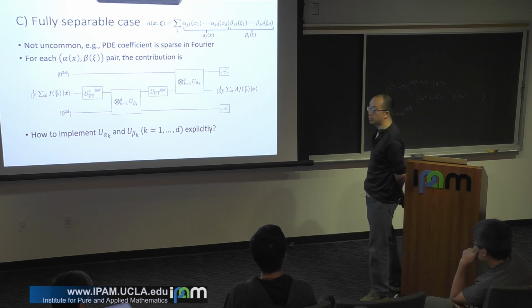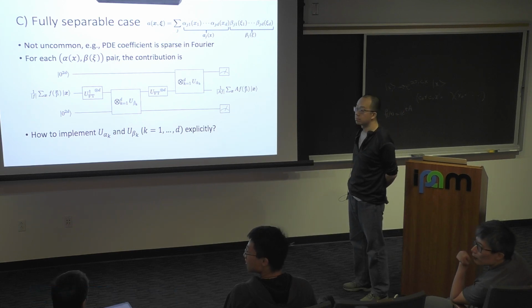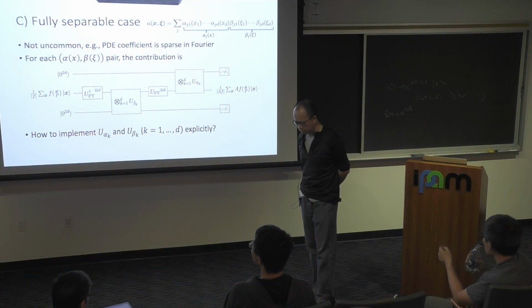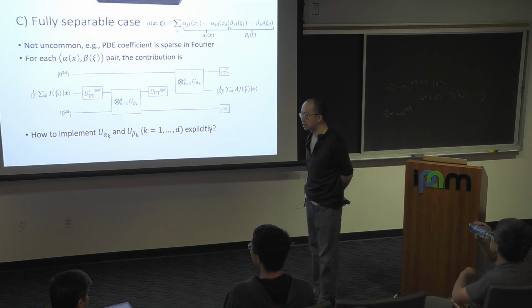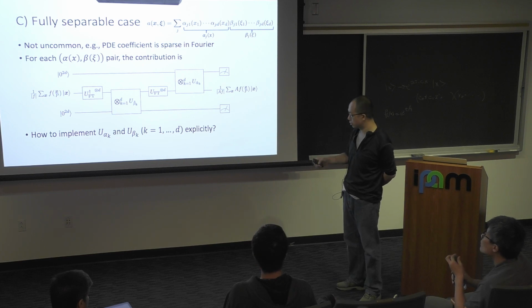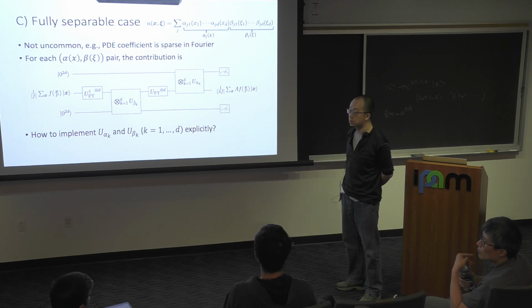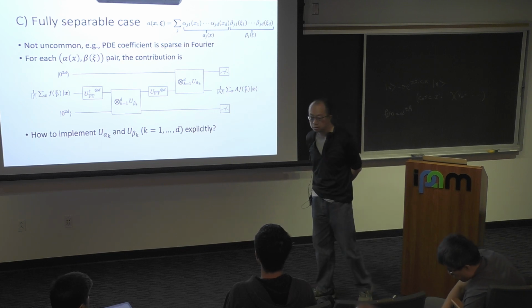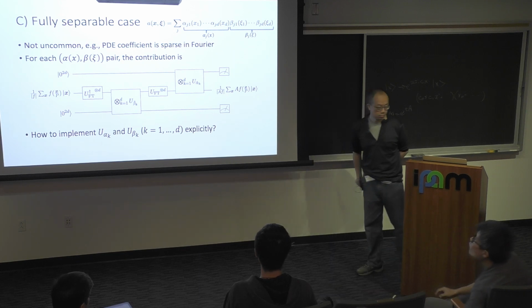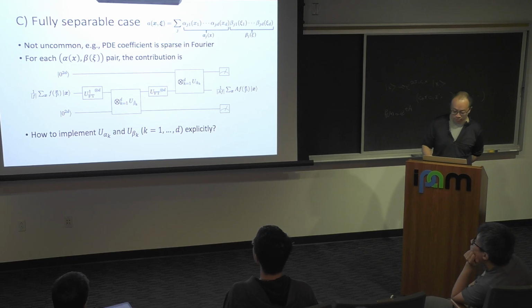Yeah, we haven't thought about that, maybe. Because then the superposition over the x's, you would have a problem with your success probability, if I understood correctly. Oh, I see. So you're saying there is some advantage of adding the measurement to the implementation. Got it, good point. So what you're referring to is that if your measurement operator itself also had this kind of separable low-rank decomposition, then you can combine them together. Yes. Good point. Thank you.